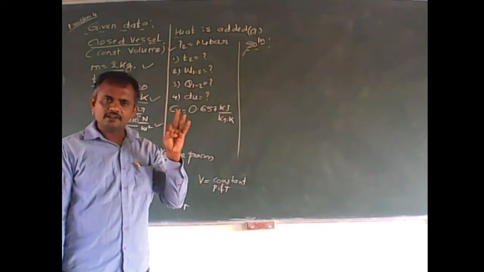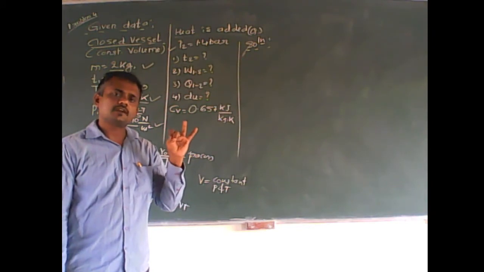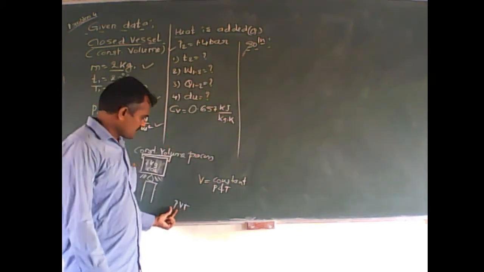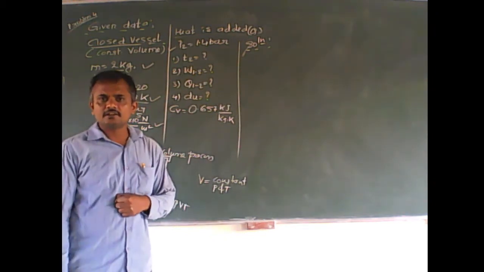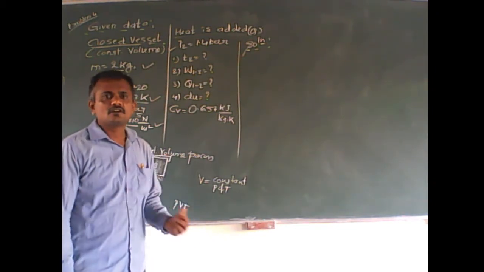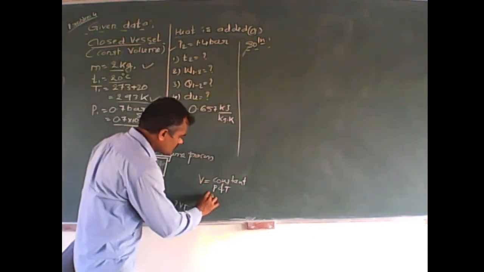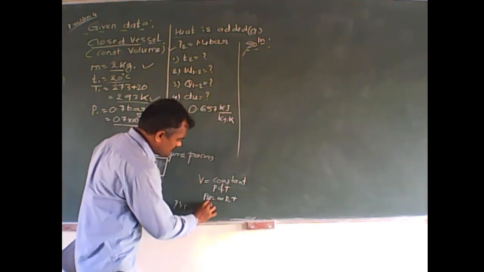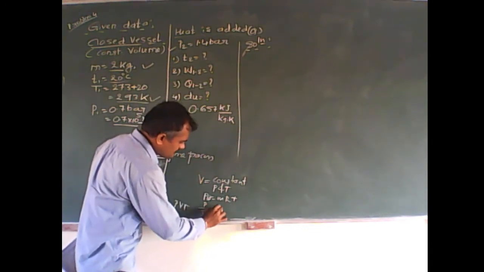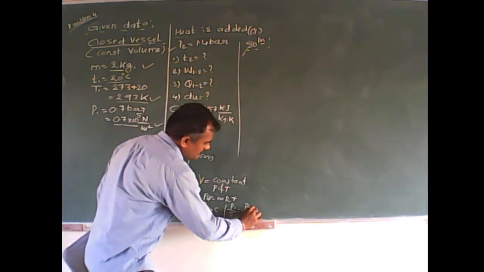According to my trick of remembering the gas laws along with the definition and the expressions: PV is Boyle's law, VT is Charles' law, PT is Gay-Lussac law. So what does the Gay-Lussac law state? The pressure of a given mass of a perfect gas varies directly with its absolute temperature when the volume is constant. So PV equals mRT, and volume is constant, it means P by T is equal to constant, or we can write P1 by T1 equals P2 by T2.